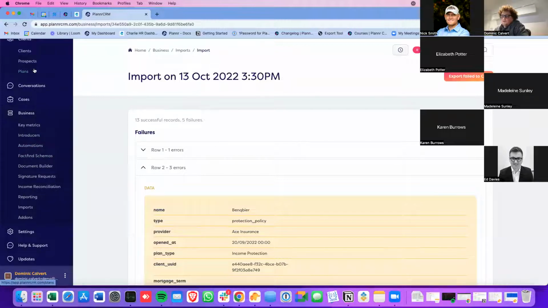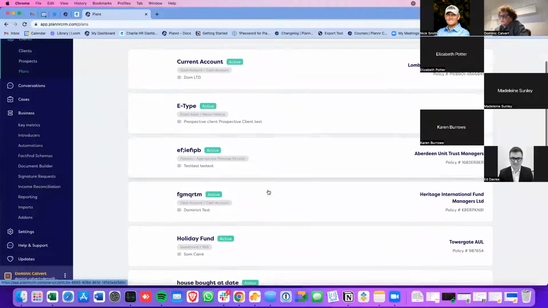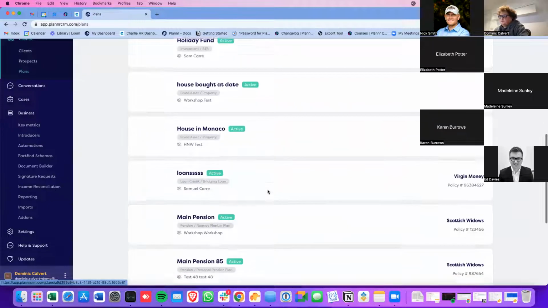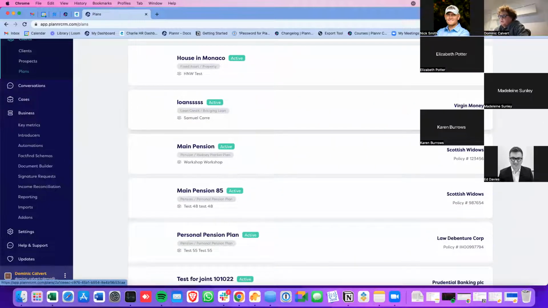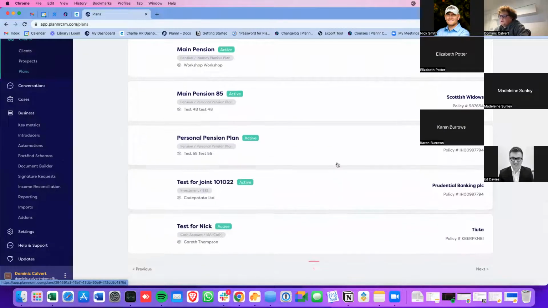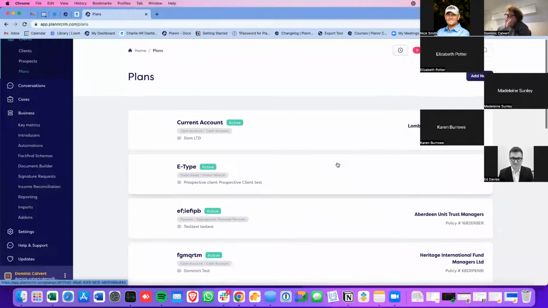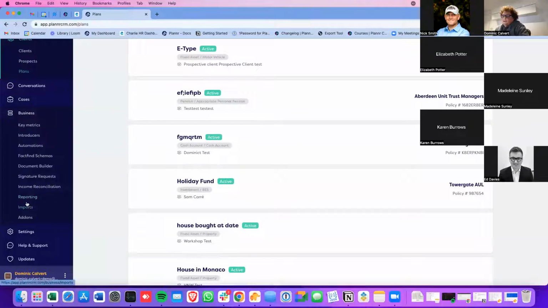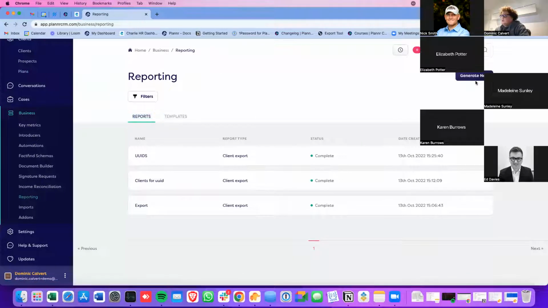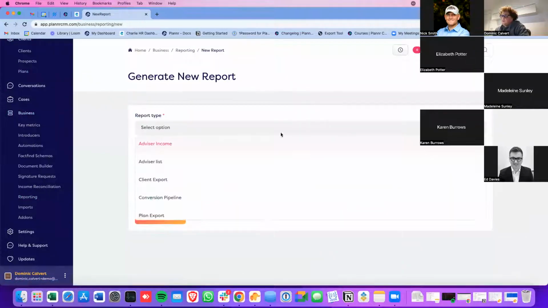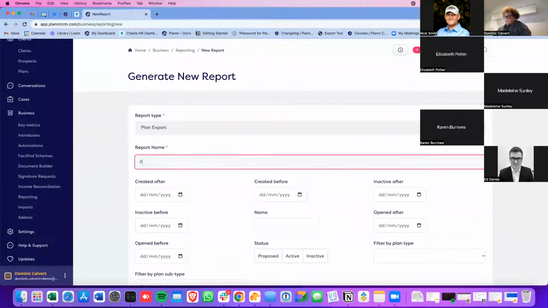So if we go to plans, you can see here these plans have come in. You've got provider there, policy number, main pension, etc. Now what we're going to do is the last thing, and that is to add valuations for those plans. So again, same process. We go to reporting, and we go generate new report, but this time we want to go for a plan export because we need the plan UUIDs this time. So plan UUID,